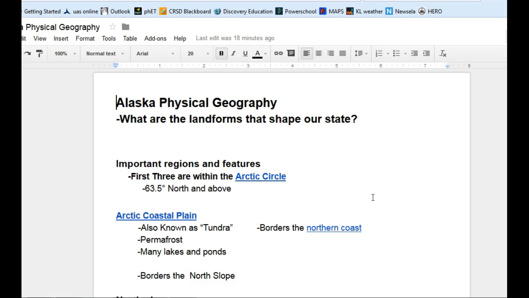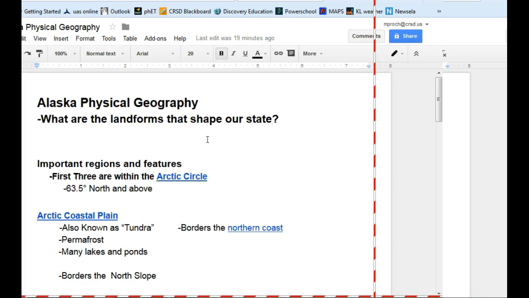So if we were going to just list the general features of Alaska, one of the ones that most people would say about Alaska is mountains. So lots of mountains in Alaska. The one most people know is Denali, and that's the Alaska Range. Where we live is the Wrangell, some of the tallest mountains in North America, but we also have the Chugach and the Brooks Range.